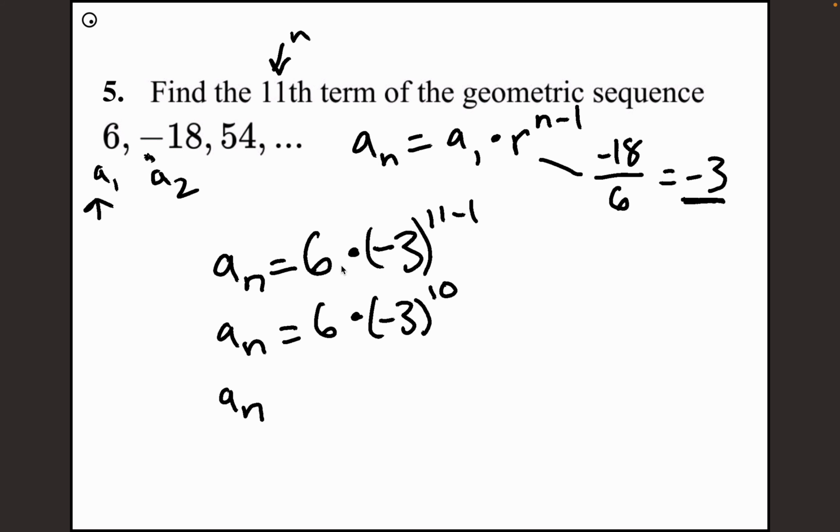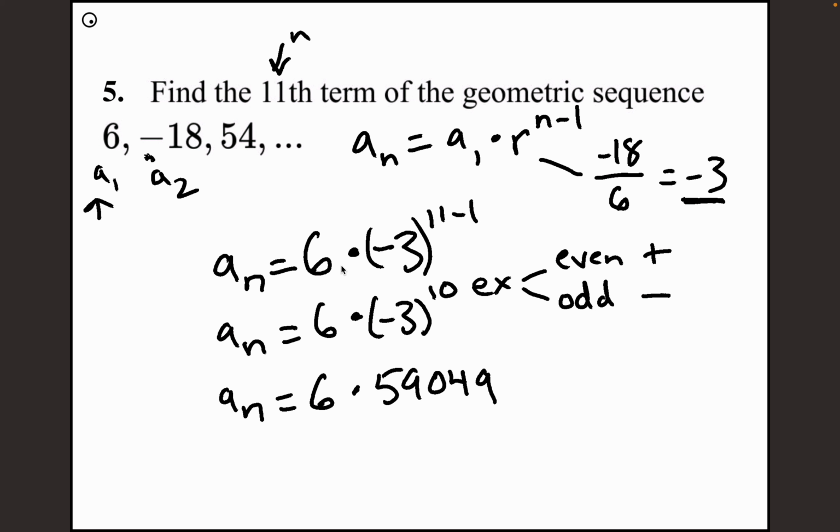When you put it in your calculator this time, you should get a positive number. And here's why. When your exponent is even, you'll have a positive number. When your exponent is odd, your answer should come back as negative. So since we have negative 3 to the power of 10, our answer this time is going to be positive